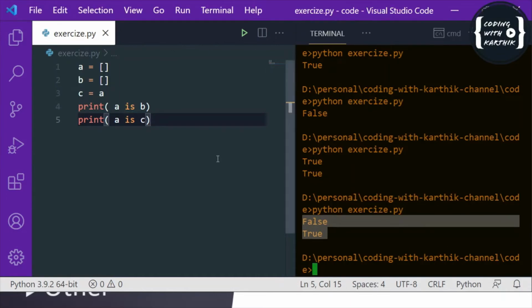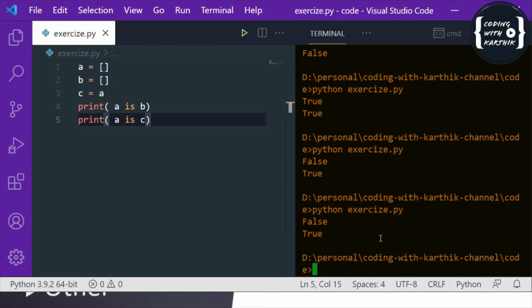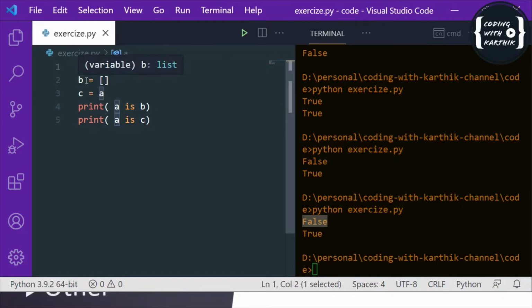So that means here it is not comparing the values, it is comparing the object, I mean the memory location of the variables. So if I print this, you can see the first one becomes false, since A and B are different variables and even the memory location will be different. So if you check A is B, it is giving false. And here A is C. Since C equal to A, C also refers to the same object, I mean the same memory location of variable A. So it is kind of a duplicate reference for the same variable. So if you check A is C, it is giving true. So this is the usage of identity operator.